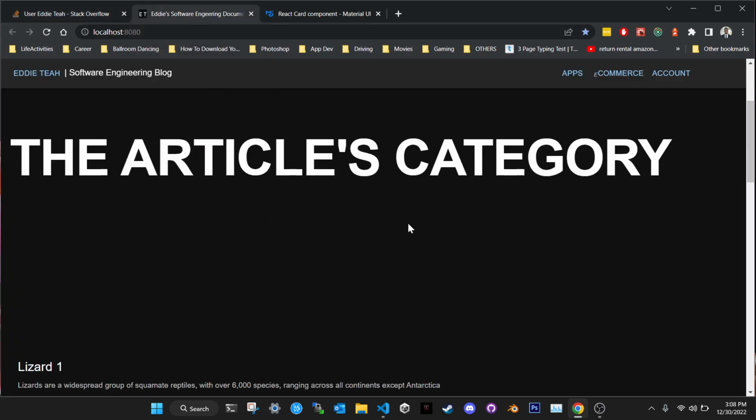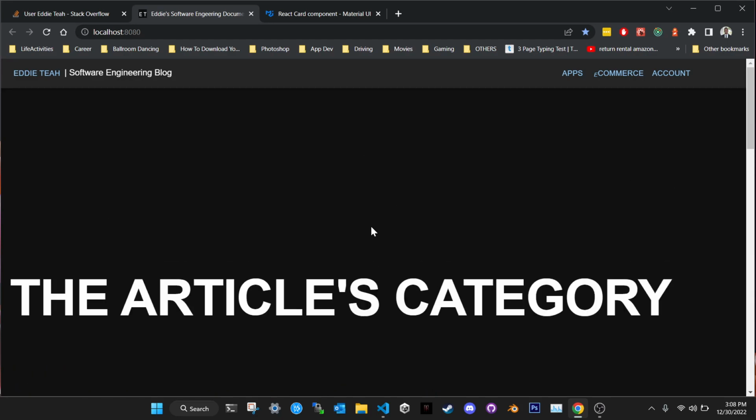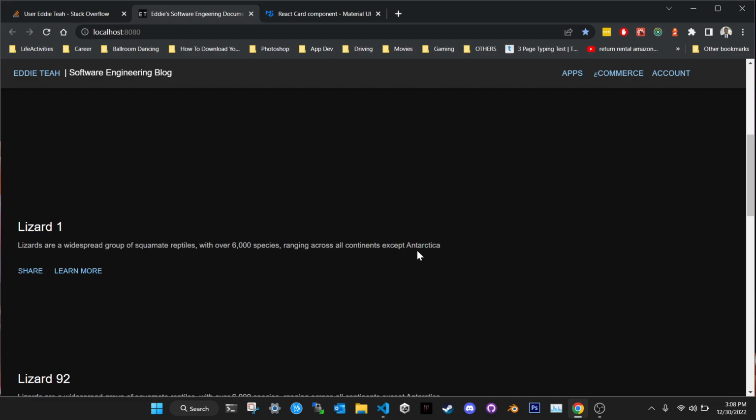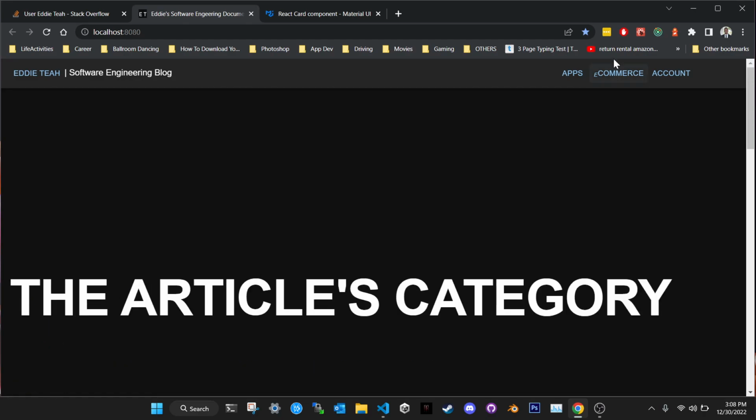So, anyways, here we are back at the website, and I'm going to be talking about what is in my website so far. If you are a developer, you already know these little icons here. This is the React icon, React Dev Tools, and this is Redux, and this is Lighthouse.